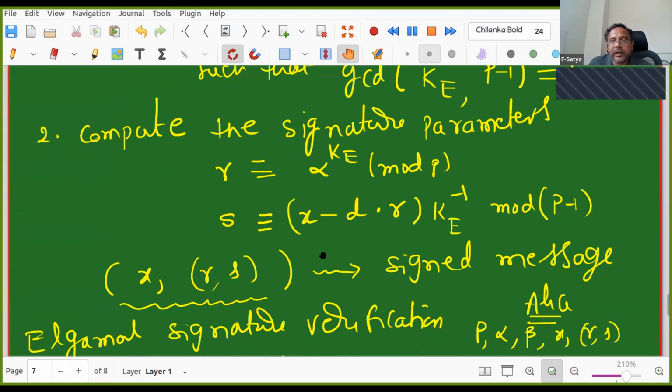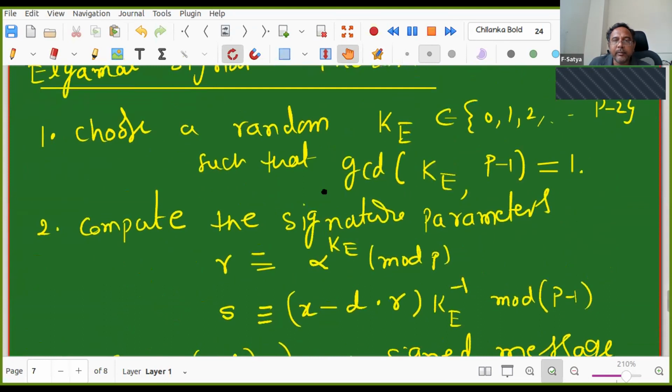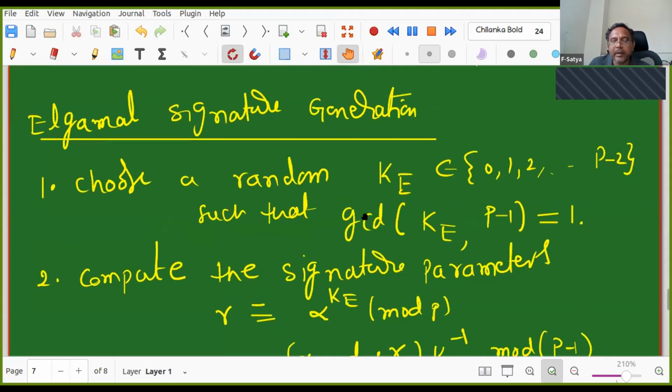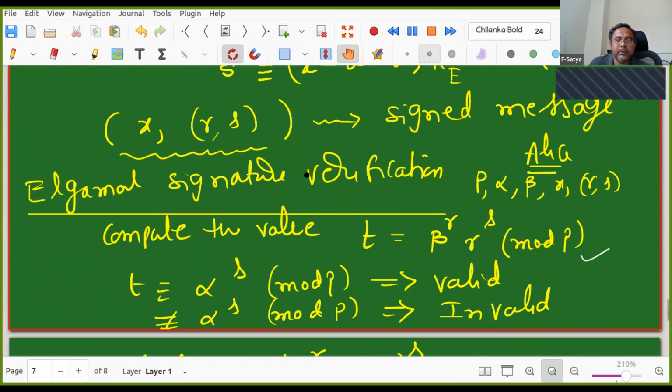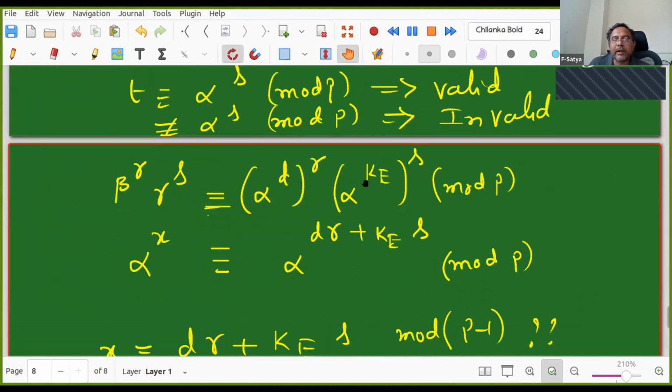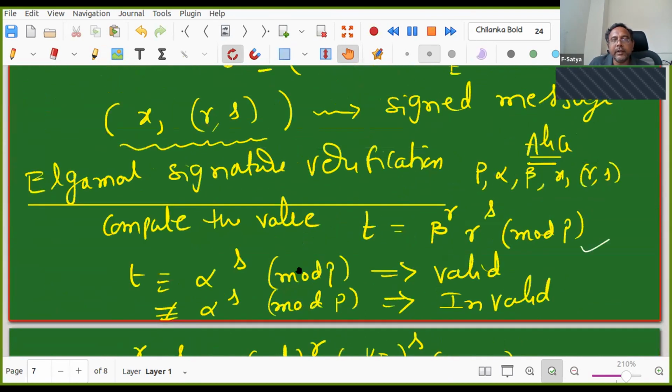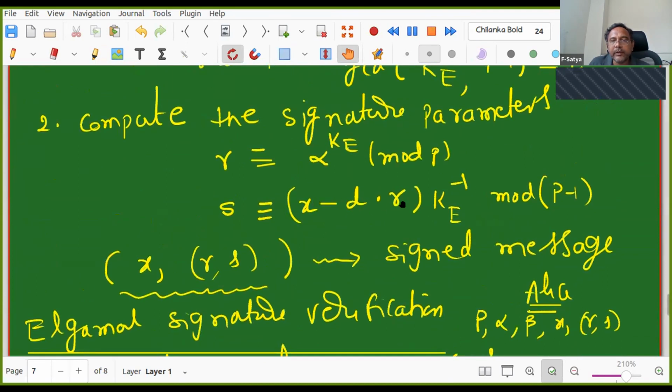Digital signatures are not that easy. Okay, the verification algorithm, how do you verify? This KE is random. Choose a random KE, but it does not affect anything even without revealing that KE. Now this alpha power KE is my R, and R power S. Now this dr plus KES. You can observe that from this